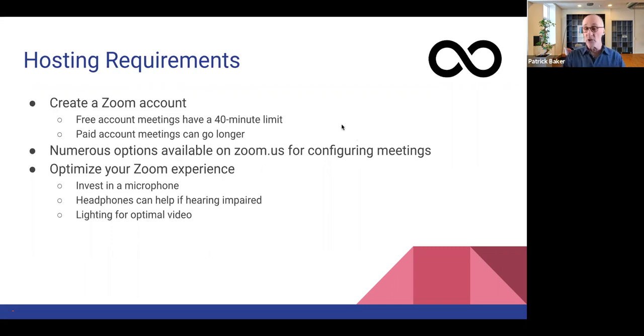As I mentioned earlier, there are numerous options available on zoom.us for configuring your meetings. Sorry, was there a question? Okay, all right, never mind. Let's see here. So lots of options for configuring Zoom, and depending on how much time we have at the end, I can at least point some of the key things out to you on zoom.us. But as I mentioned in my